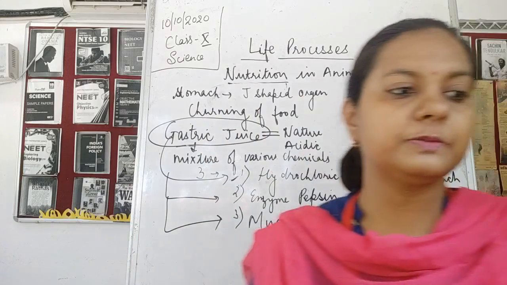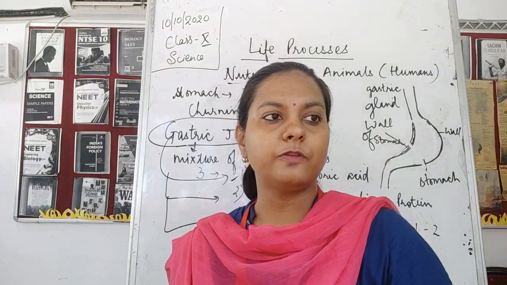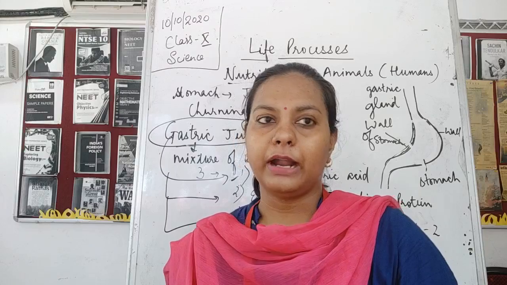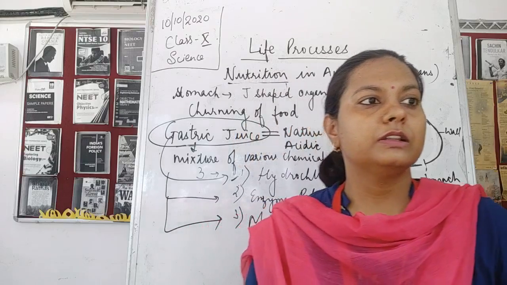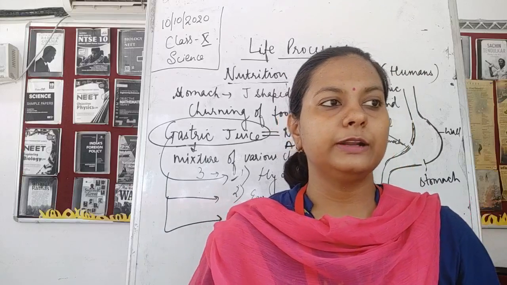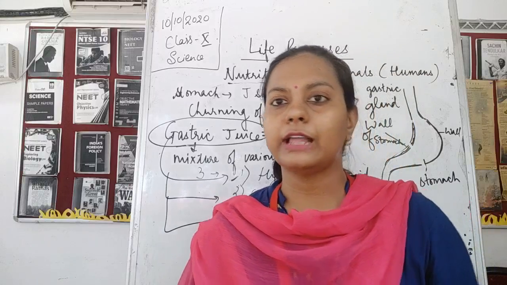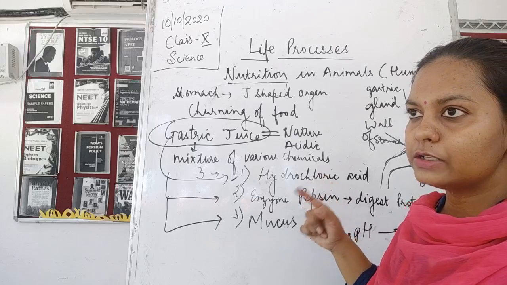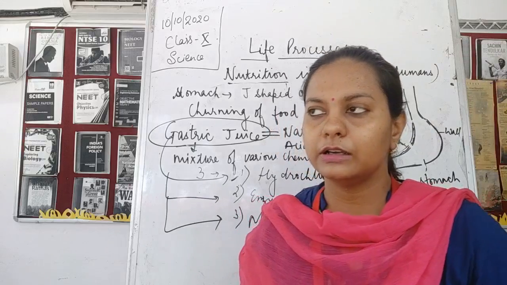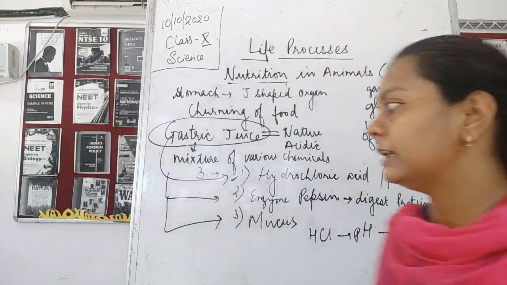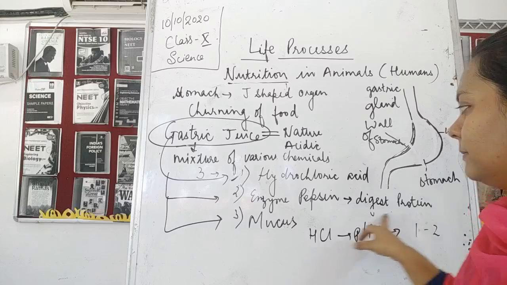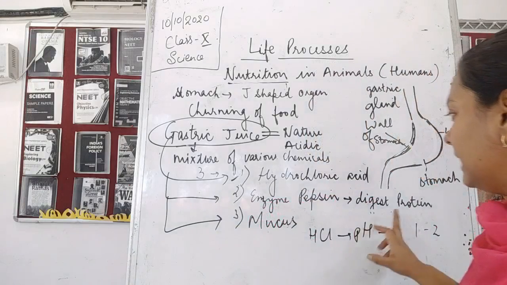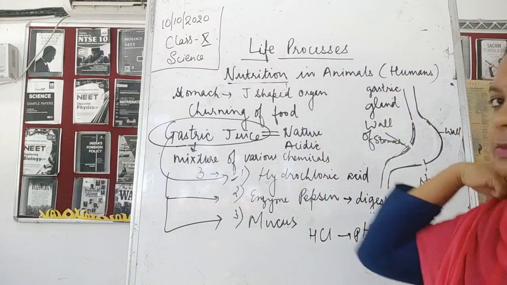This pH is so acidic that it is going to cause the killing of the bacteria. Now next, the function of hydrochloric acid is that it gives an acidic medium for the activity of this enzyme. So the first function of hydrochloric acid is to kill the bacteria present in the food. The second is to give the acidic medium to the enzyme pepsin,